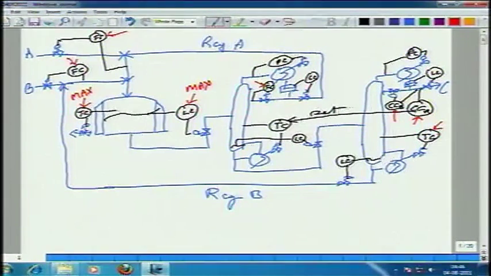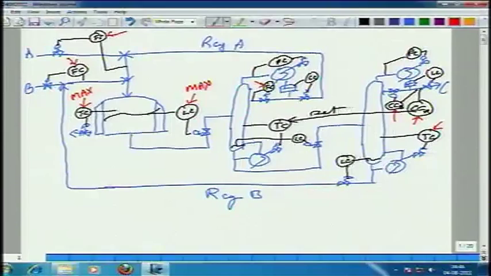See, why do you want to prevent C from leaking down the bottoms? Because it unnecessarily goes round and round and round, right? There is a cost associated with circulating something round and round and round. What is the trade off? If you try to do a very tight separation, that means you want essentially no C leaking down the bottoms. What that will do is it will jack up your boil up, because you do not want any C leaking down. As far as you are concerned, 1%, 2%, 3%, even 5% C is okay.